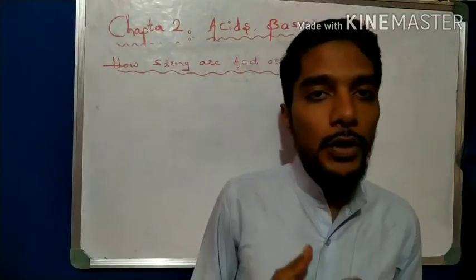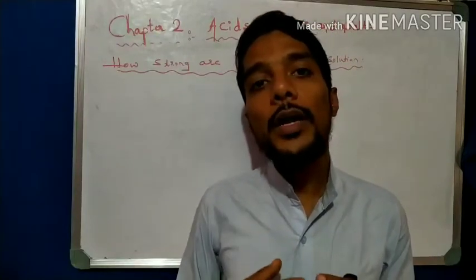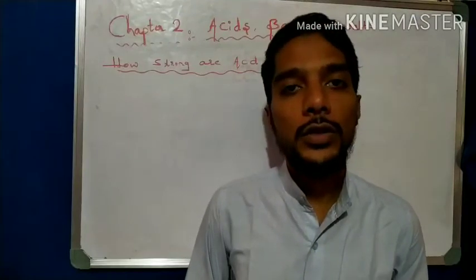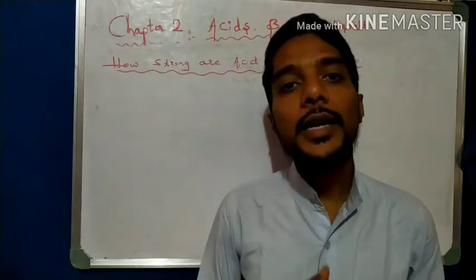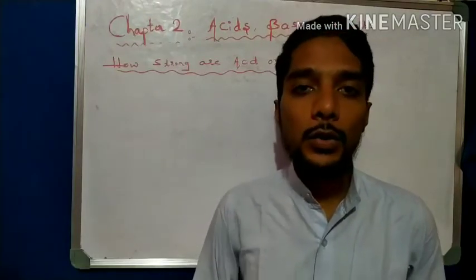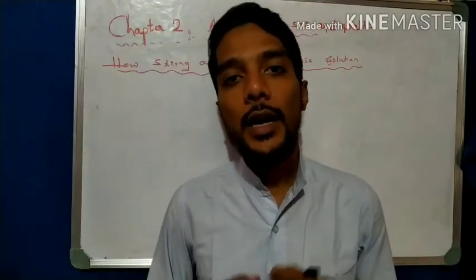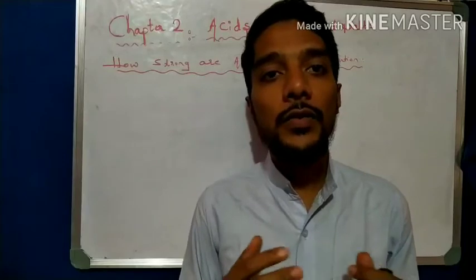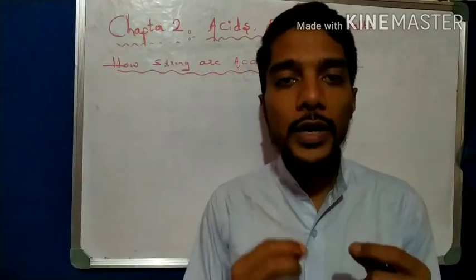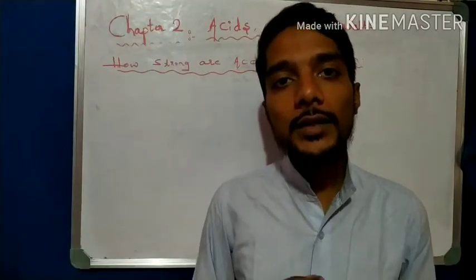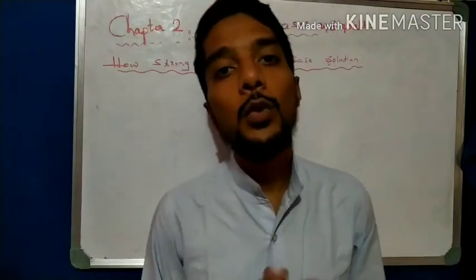If you know that the particular substance is an acid, now we have to find how much H plus ion is present in the solution. So we use another indicator, called the universal indicator. A universal indicator is a mixture of several indicators which can show different colors at different concentrations of H plus and OH minus ions. The different colors obtained are read on one scale, called the pH scale.